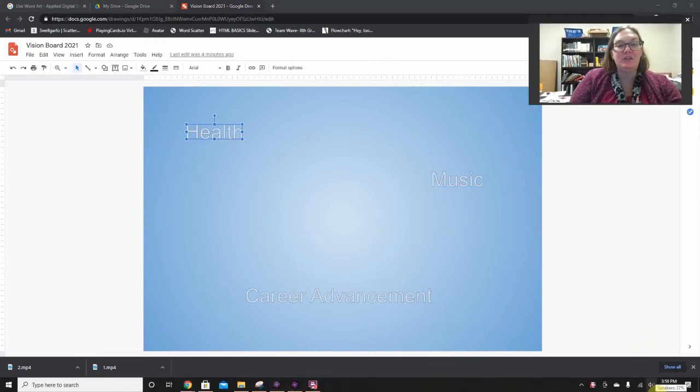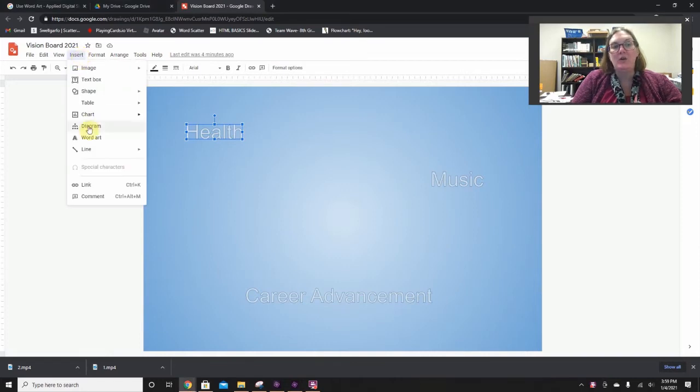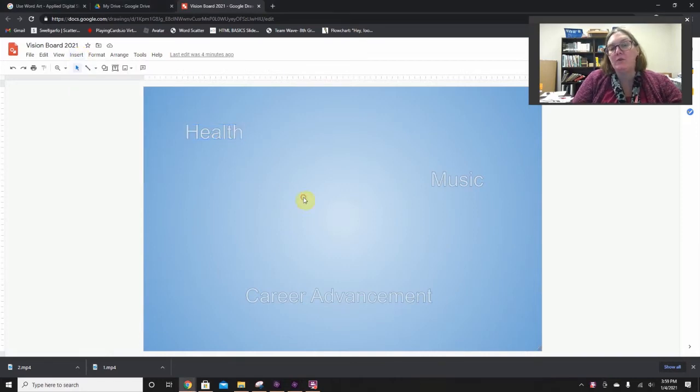All right, the next thing we're going to do is give these three areas a little bit more meaning on our board. Right now we inserted the word art, so we went to insert, we said word art, and then we just typed the word in. But they're kind of light, you can't really see them, and they don't have a lot of meaning on here. So the next thing I'm going to do is click one of them,